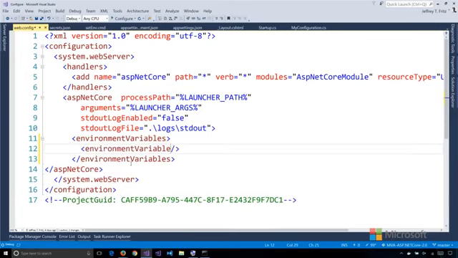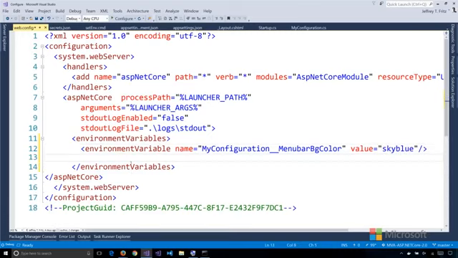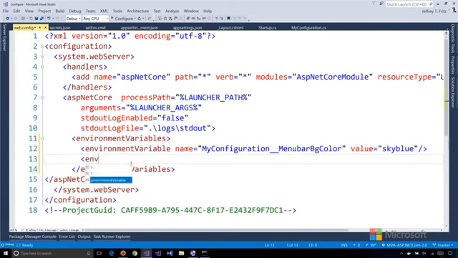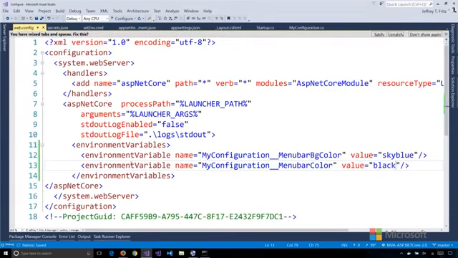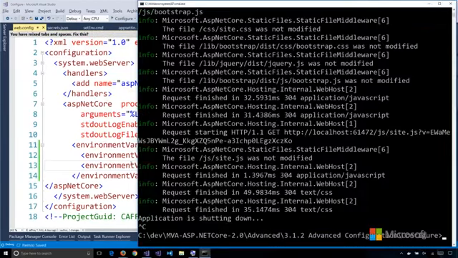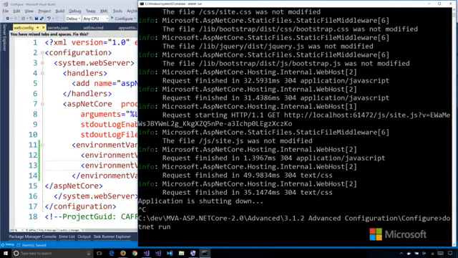So I will add an environment variable, and I'm going to use those same names that I had before. My configuration, menu bar, BG color, and I'll specify the value of that environment variable. Let's make it sky blue. I'll create one more environment variable. This is my configuration, menu bar color, and this time we're going to make that black. All right? So now, if I restart over here inside of my console window,